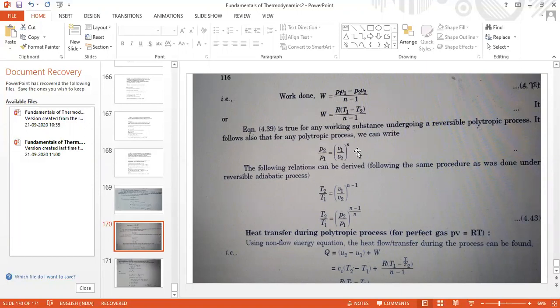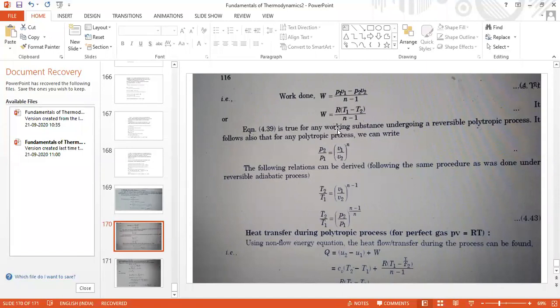Just look, why are all these written? It is to find out the temperature ratio T2 by T1 in terms of either volume ratio or pressure ratio. Sometimes temperatures may be required to be calculated. That's why the initial temperature may be needed. All this we will come across in the actual problems in the next coming classes.